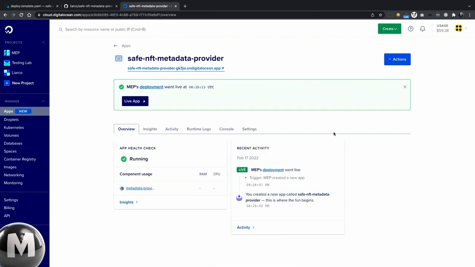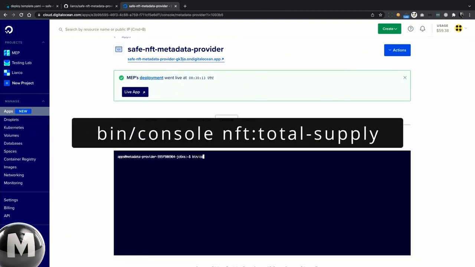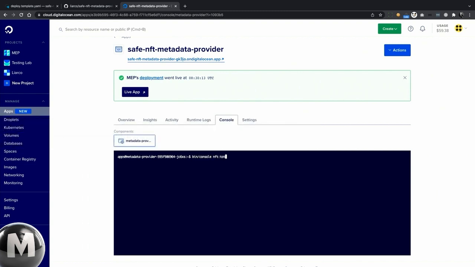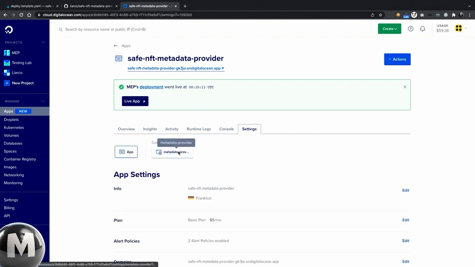Once the app is ready, we can open the console and type bin/console NFT total supply. And the result is 8. Perfect! I can go to my component settings,